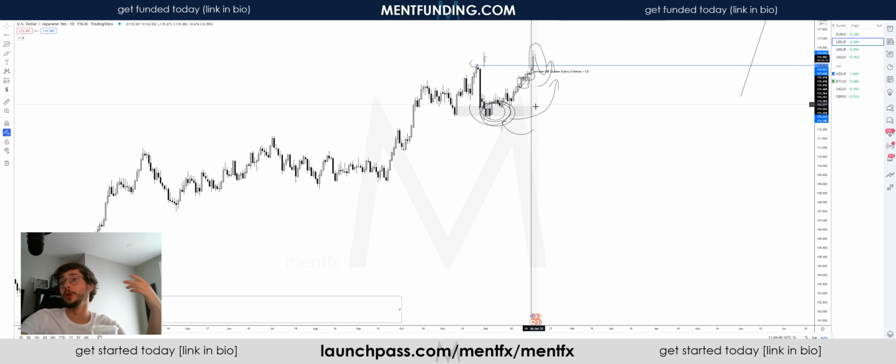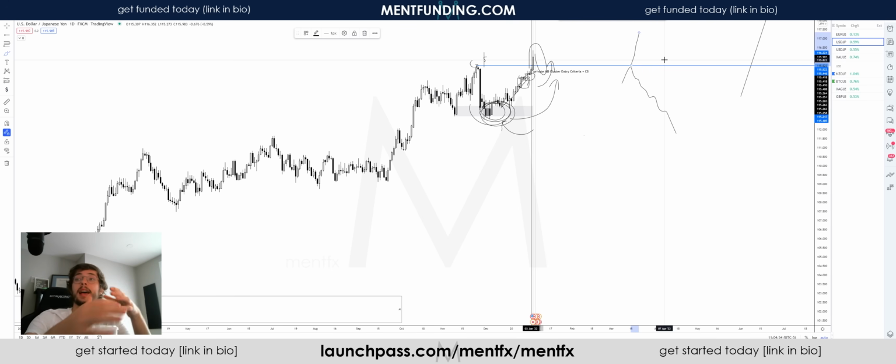So if we know there's liquidity there, what does that mean? Does it mean that price is more likely to come and tap this area and then continue going short? Or does it make more sense for price to come and really run whatever liquidity is above there before it decides whether or not it wants to reaccumulate or continue pumping? And the answer is almost always going to be this right here. Because if there is a pool of